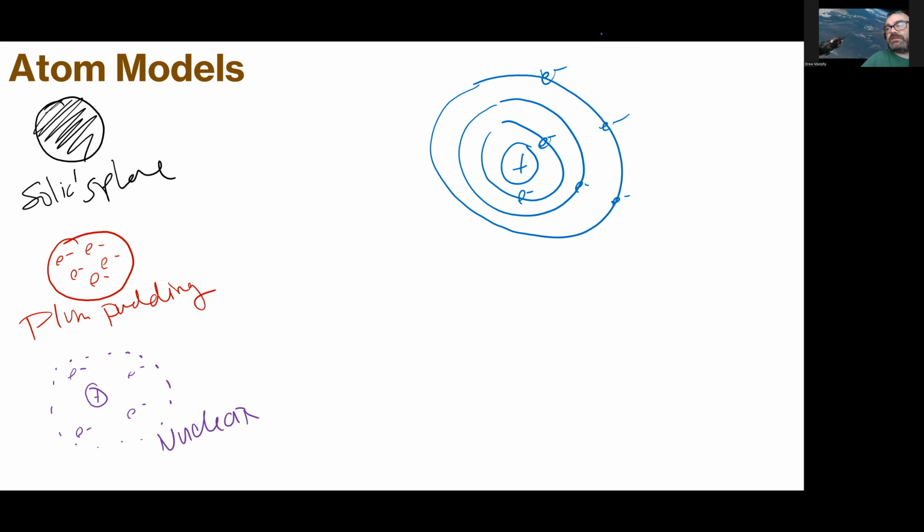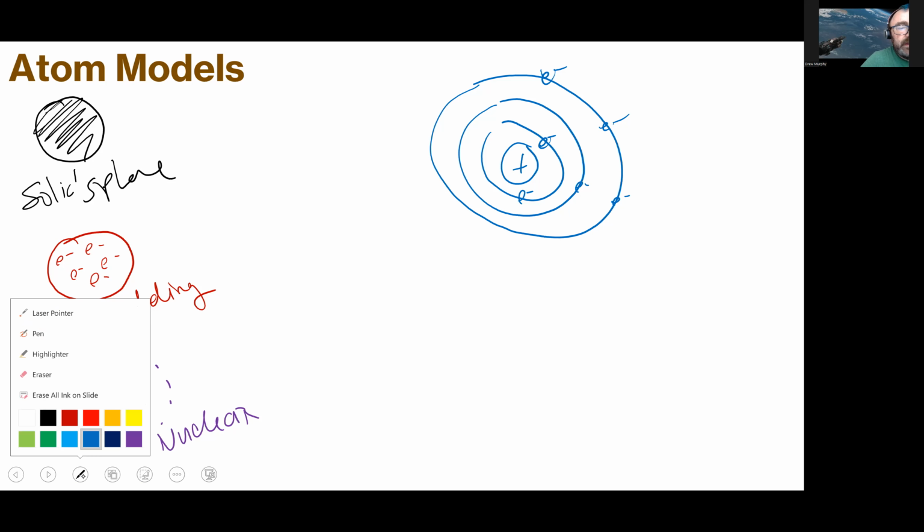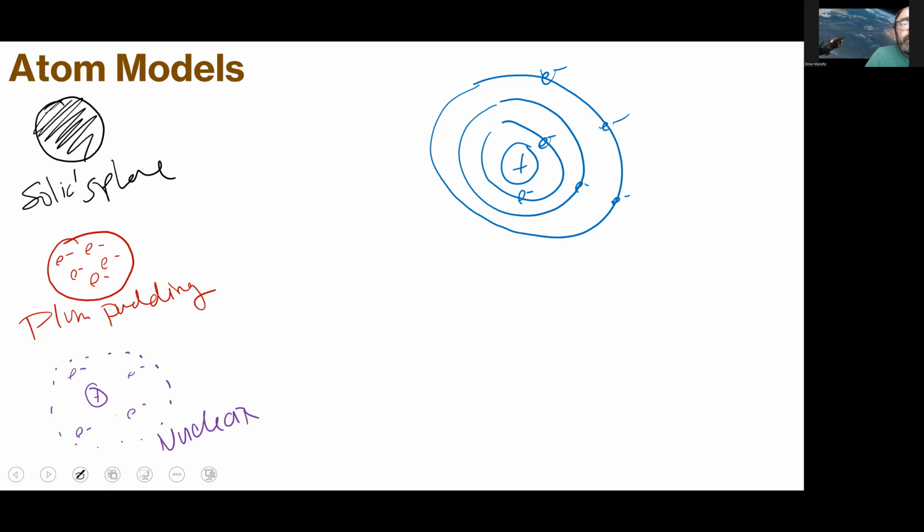We have stable orbits around the nucleus, is what they're assuming. And so what they're seeing doesn't jive with what the physics is telling them. Okay. So Bohr and his big idea was that Bohr said,